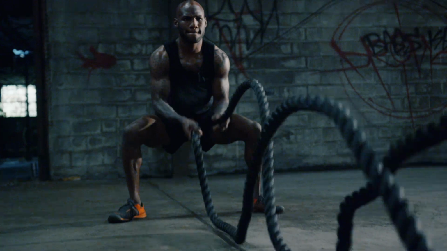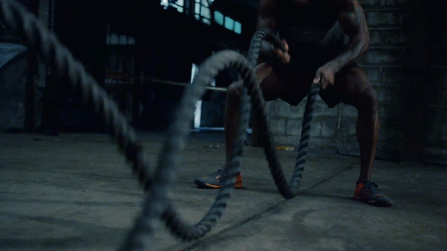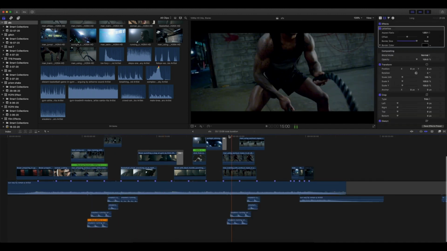Now, one thing which you need to understand is don't just directly put the sound effects. It is not going to look good. You have to sync up the sound effects with the video. So when the rope is hitting the ground, make sure to put the sound effects in that particular area. So make sure to edit those sound effects with your own video, because a sound effect is just one MP3 file, but your videos are going to differ from time to time, place to place, and the pacing will differ a lot. So you have to readjust the files or the songs or the sound effects as per your need. So it is just one example.